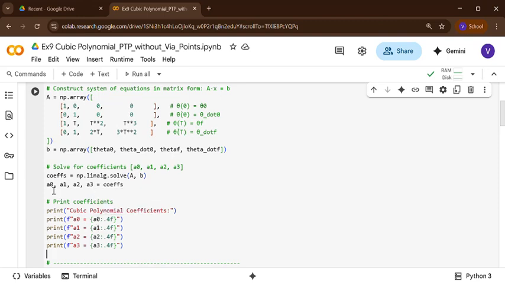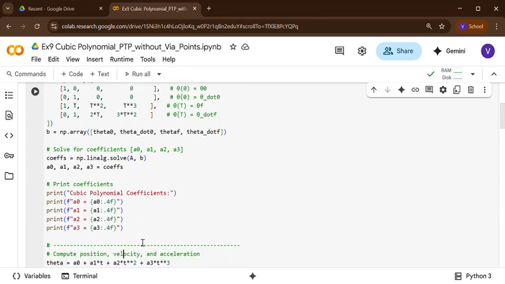The a0 that we derived will sit over here, and that a0 value is printed as .4f, which means whatever answer we get is rounded to 4 digits after the decimal. Similarly, for the formatted output a1 equal to, the a1 value will sit here, also rounded to 4 digits after the decimal. So we have printed out the values.